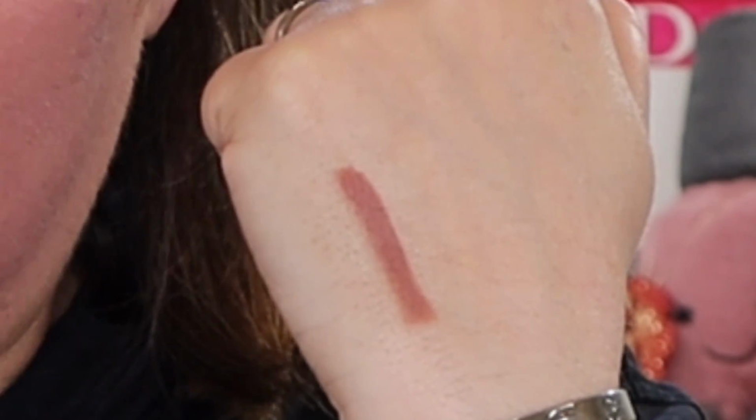But here it is in a swatch. And this is, I mean, this is it. This is MAC Spice, but it's now Mauve 1990, $22. You can get it on their website. This is the most sensational liner for whatever shade you put over it. I actually have a red over it right now because we put it on in the demo and I just